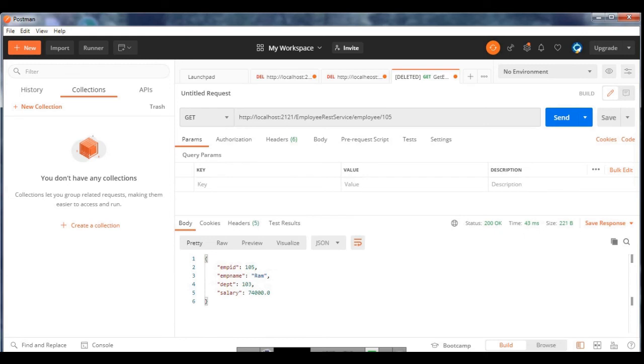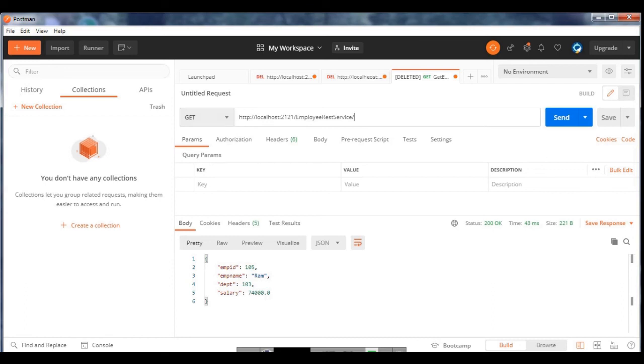Now I can test my endpoint for inserting an employee. But before inserting, let me do it for deletion, maybe that can be understood more easily. Let's suppose now I want to delete an employee. So first I'm going to write down here the URL pattern.